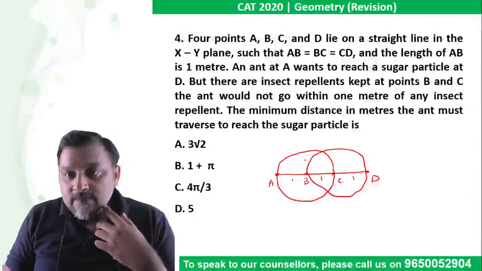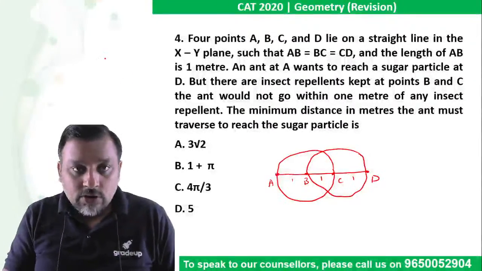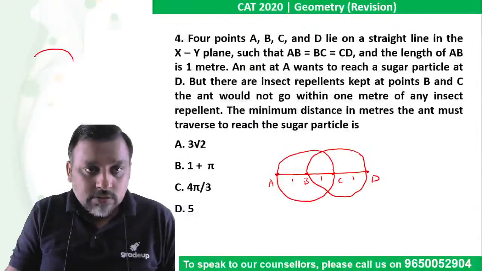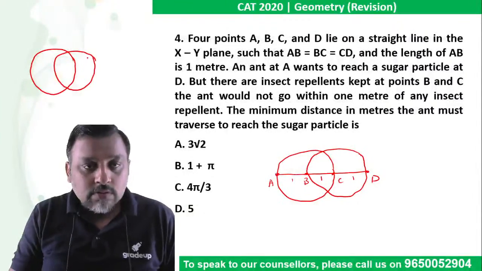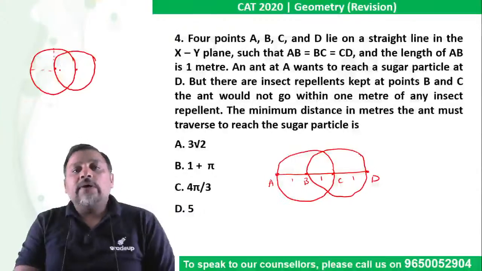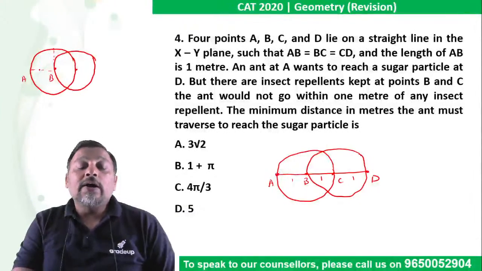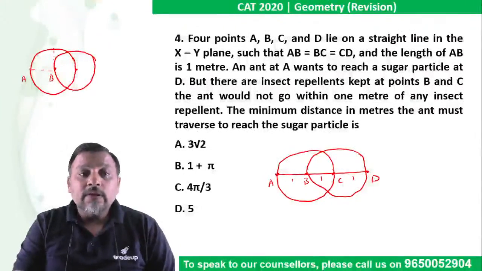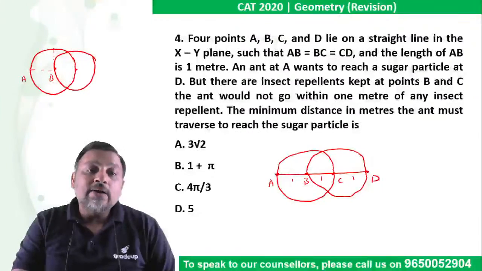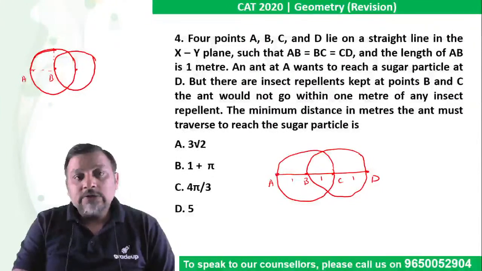So see, the figure that I have drawn is not very accurate. So if these are the 2 points, so ant can come till this. If I draw a circle of radius 1 unit, so can we say if the ant moves along this circumference, this distance will remain 1 unit from B,